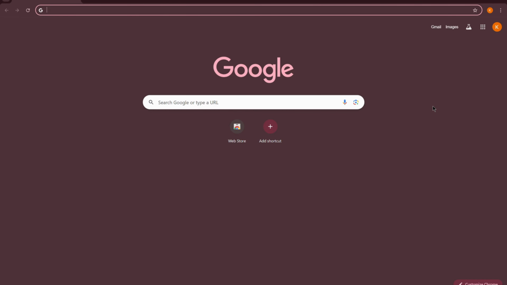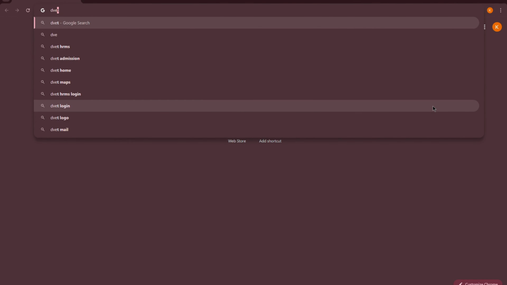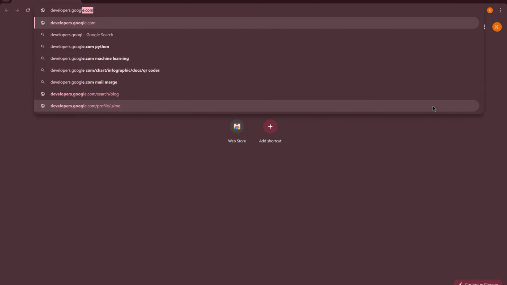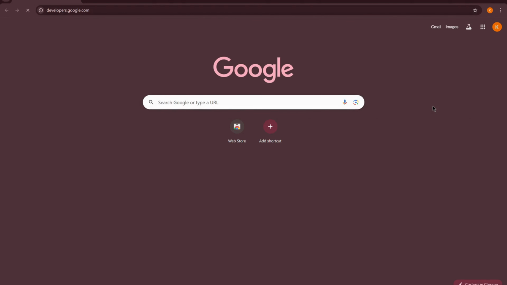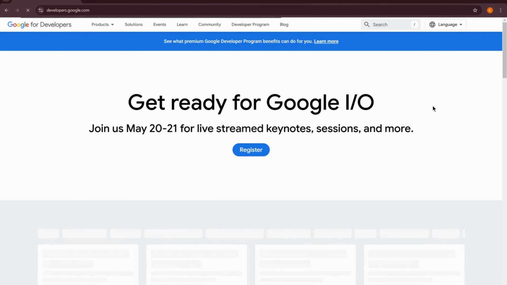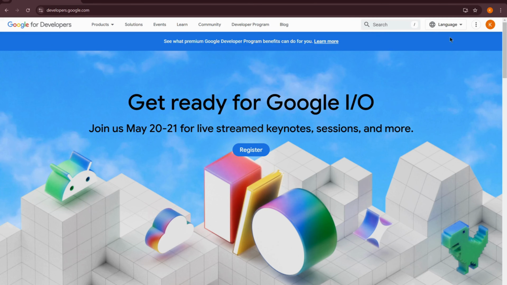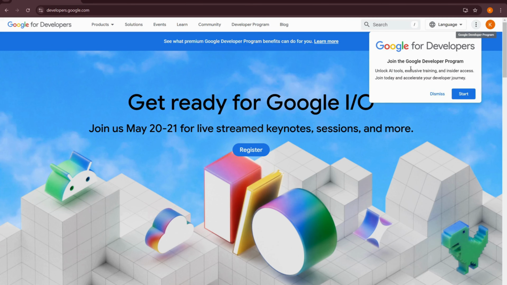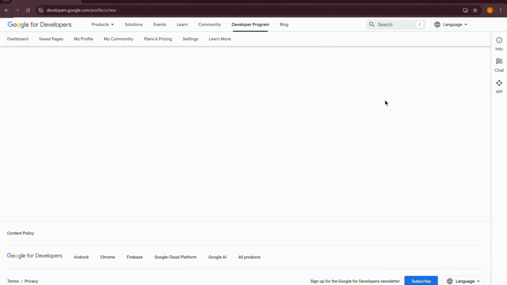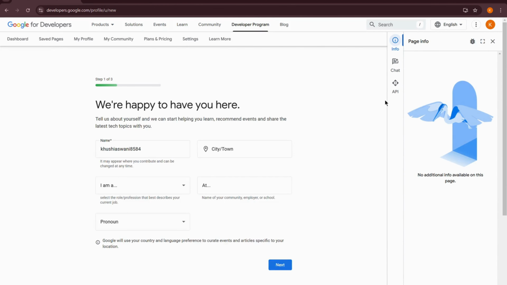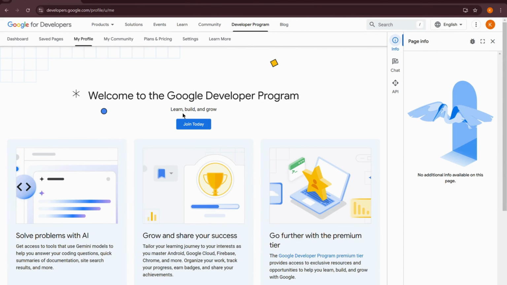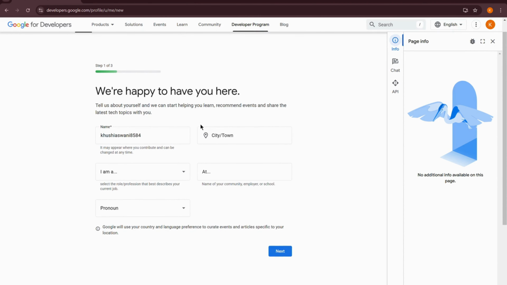So here we are. Let's search developers.google.com. So yeah, this is the website and you have to register here. You have to go through these three dots and then you have to start. You can come to my profile and you can select join today. So here you have to select your name,